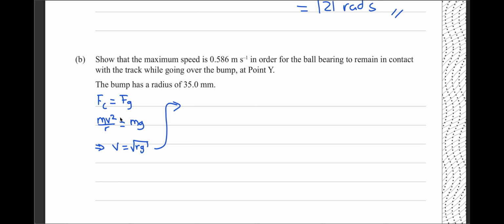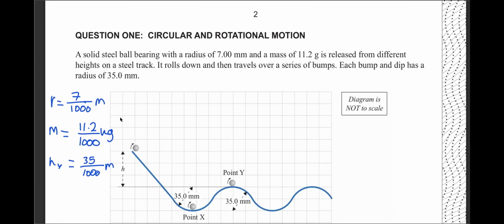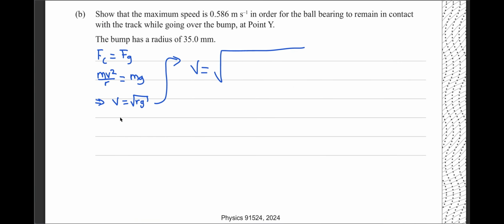And then continuing the calculation here, v equals the square root of, what's the radius? The radius was, I think, 7 over 1,000. So that's just going to become 7 over 1,000 times 9.81. And if I put this all in my calculator,